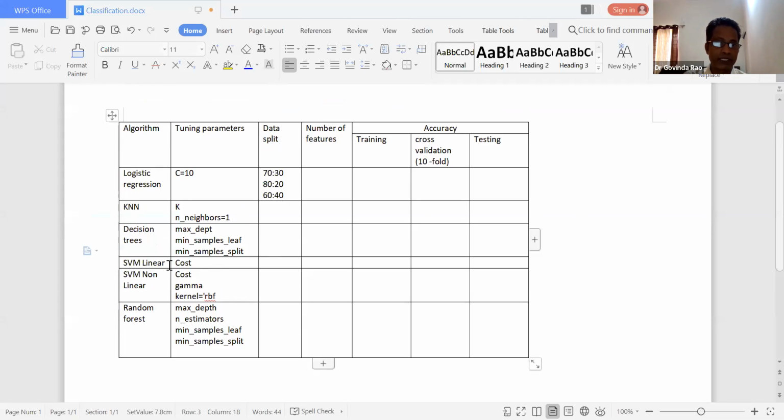In support vector machines, in linear support vector machine, if your data is linearly separable, you're classifying your positive class and your negative class, right? So here in support vector machines linear modeling, cost is one of the hyperparameters. In a similar way, we can model our data from training, cross validation, and testing.